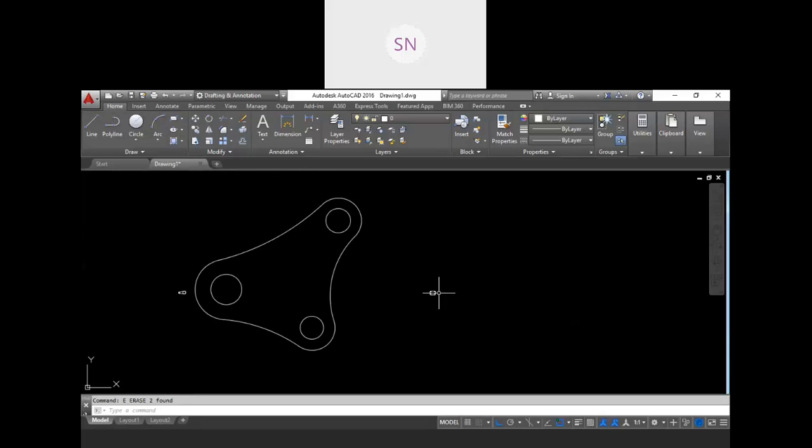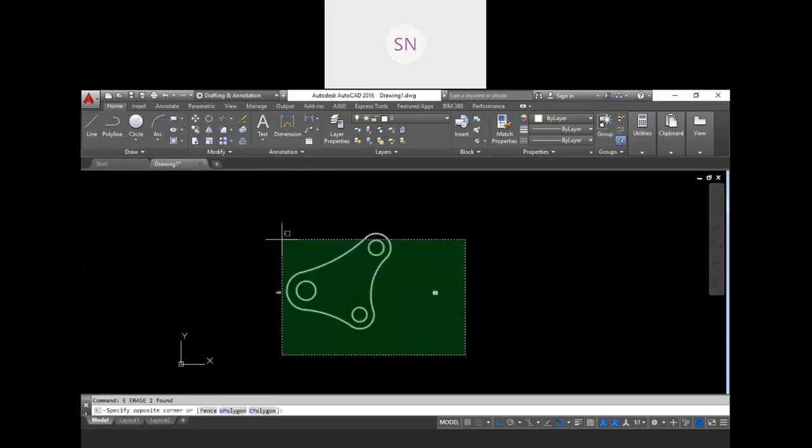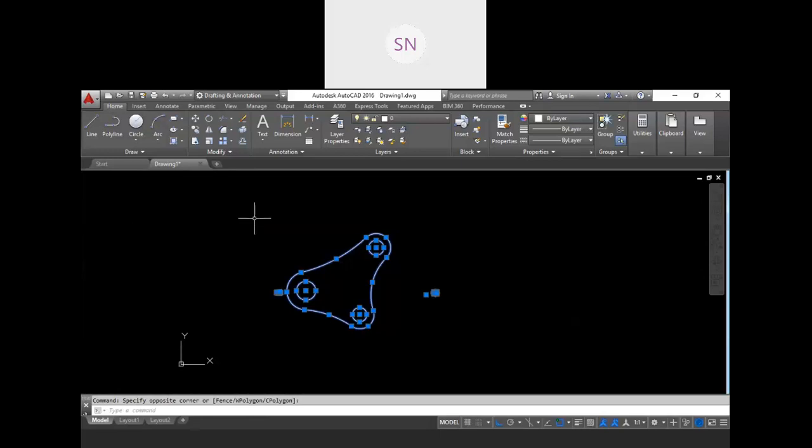Okay, so let us begin our today's class. We have modification tools today. So just select all these objects and erase them. And here I am creating one line. So I am beginning our today's class, and I am creating one line with 100 mm